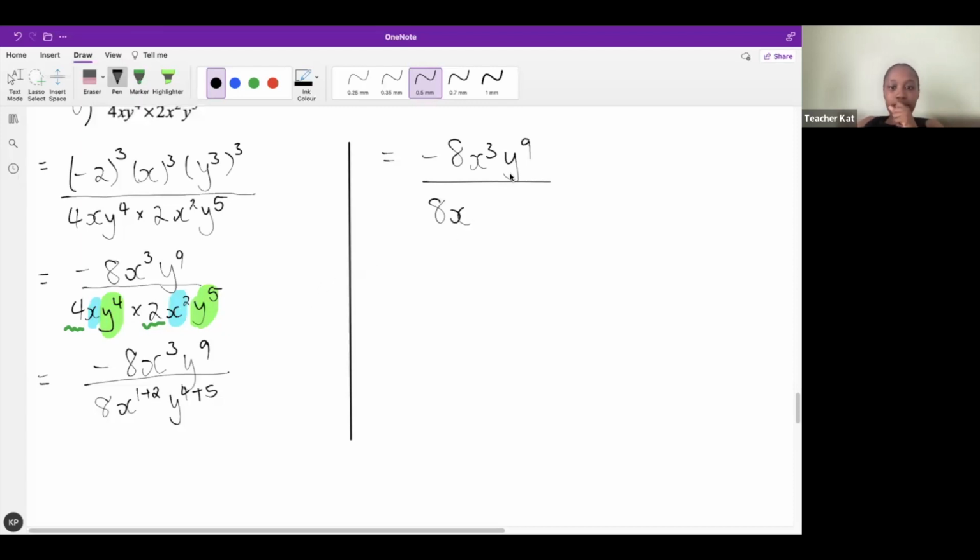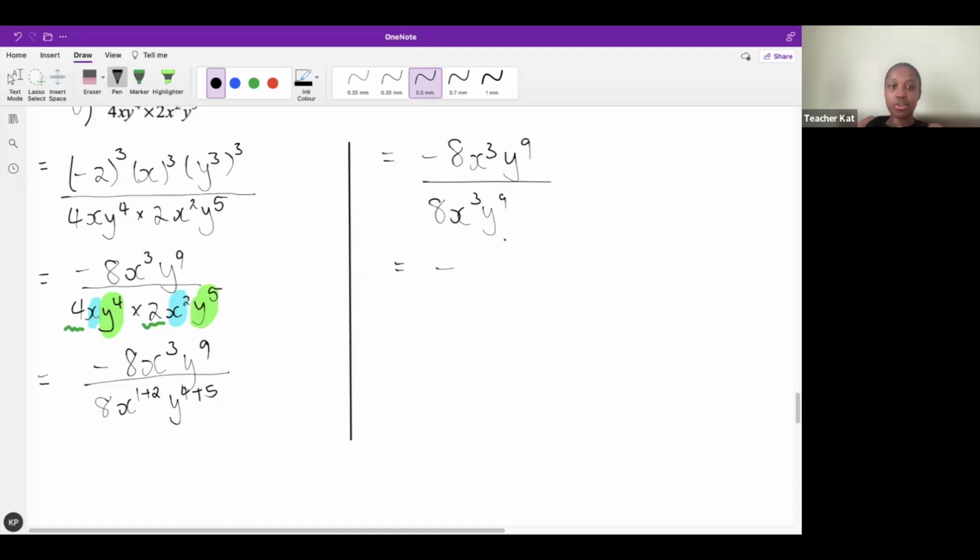8x to the power of 3 and y to the power of 9. Nice. Now we're just left with division, right? There is no addition or subtraction. We need to divide. Let's start with our symbols. A negative divided by a positive, so my answer is going to be